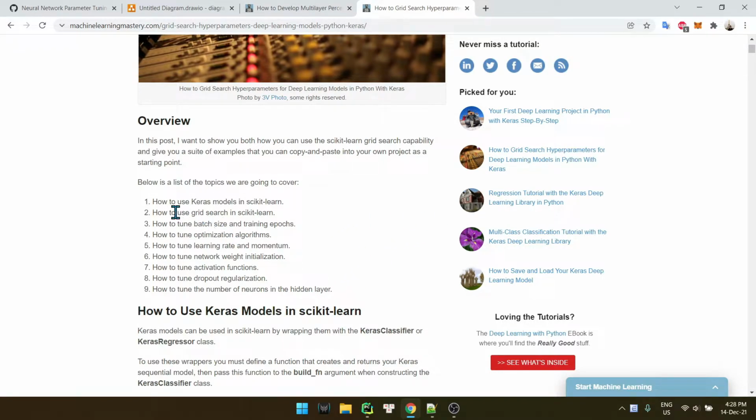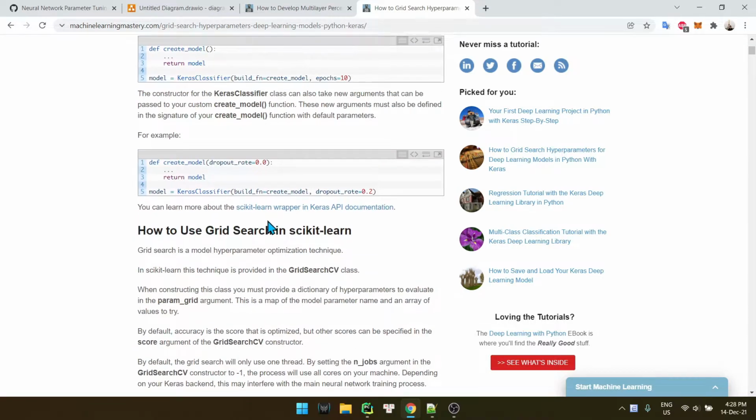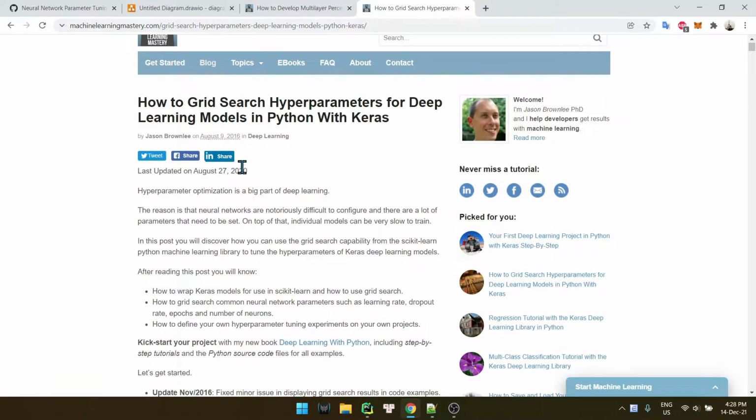In this article he used the grid search method to find the best model, right? But the grid search method is like a brute force method.